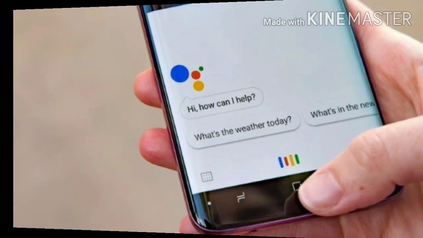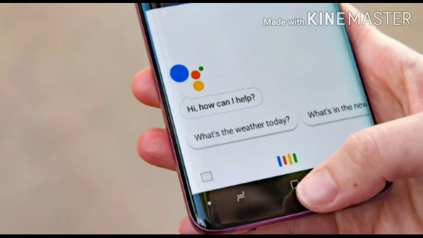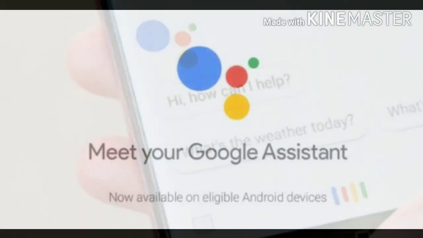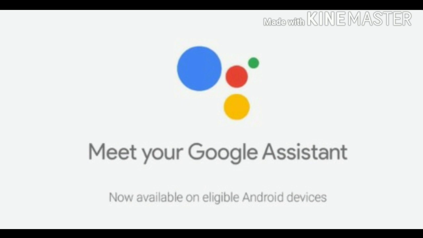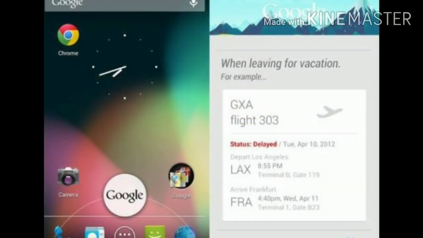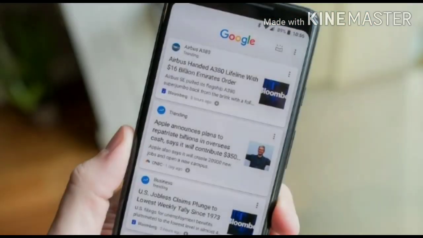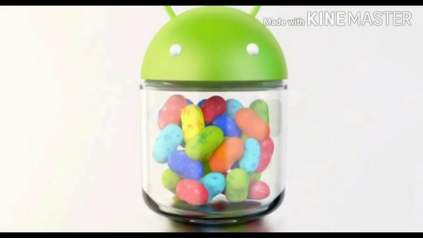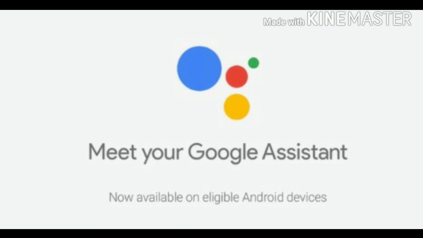Google Assistant is an artificial intelligence powered virtual assistant developed by Google that is primarily available on mobile and smartphone devices. But before Google Assistant came into the picture, we had Google Now, which was a card-based system that read your mails, reminders, and location, and gave you the result before you asked. For example, the cards are like a birthday card, movie card, etc. It was available on Android 4.1 and above, that is Jelly Bean.